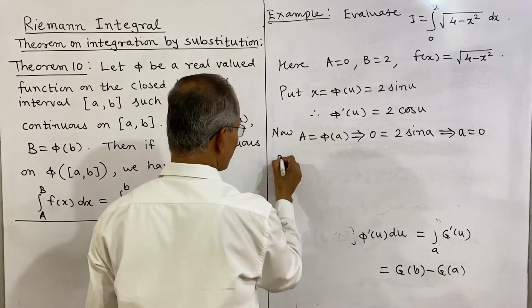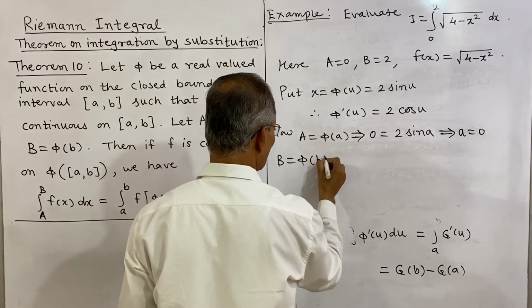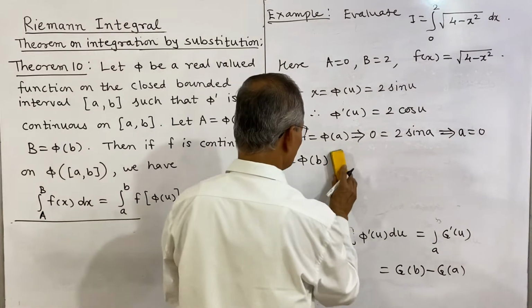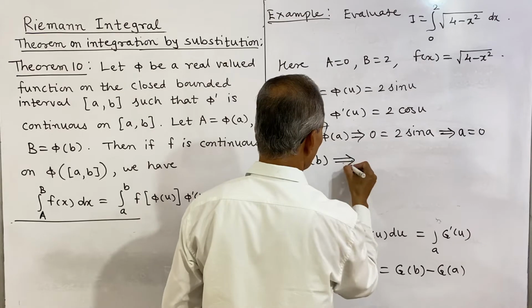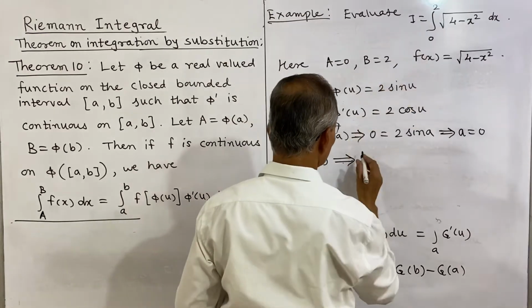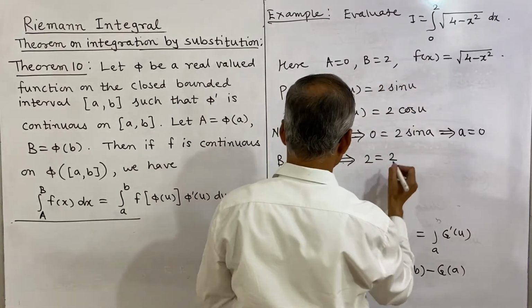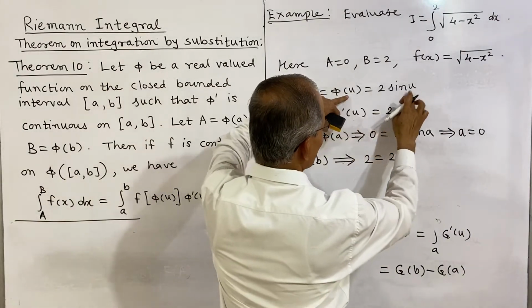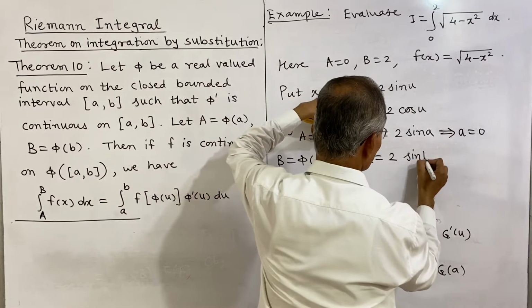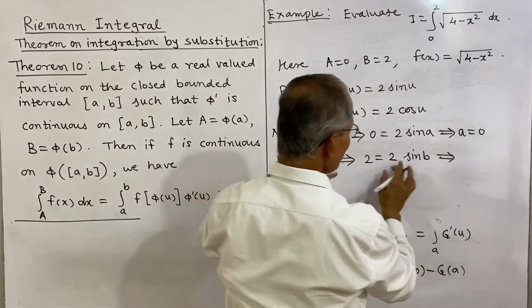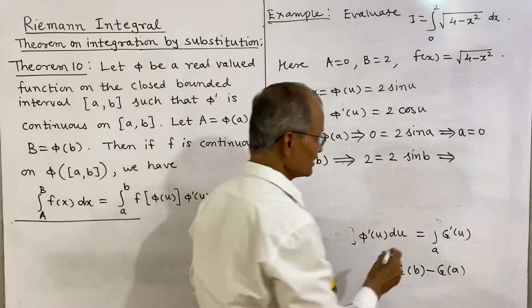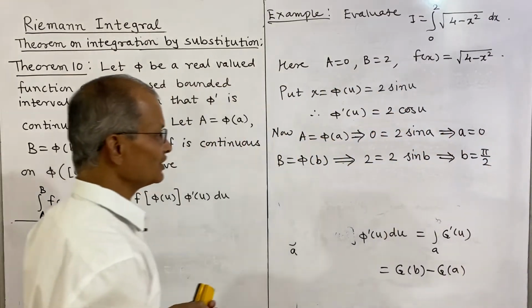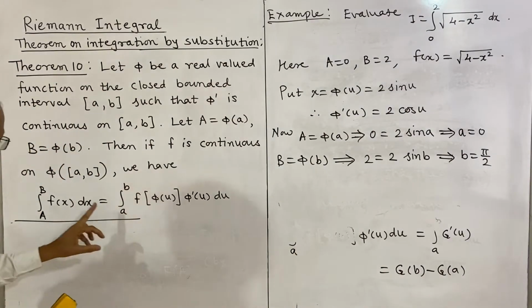Now b is phi of b. See this, b is equal to phi of b, and this implies what is capital B we have noted as 2. 2 is equal to phi of b, that is 2 sin b. So this implies sin b is equal to 1, and that means b is equal to pi by 2. So thus the values of a and b are 0 to pi by 2, and therefore now this integral transforms to